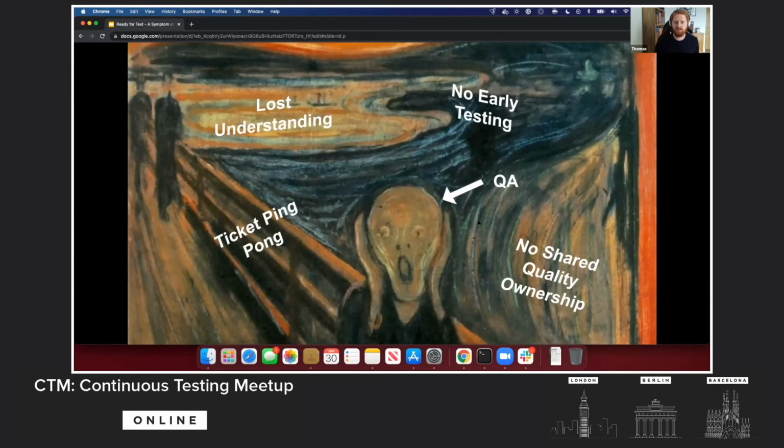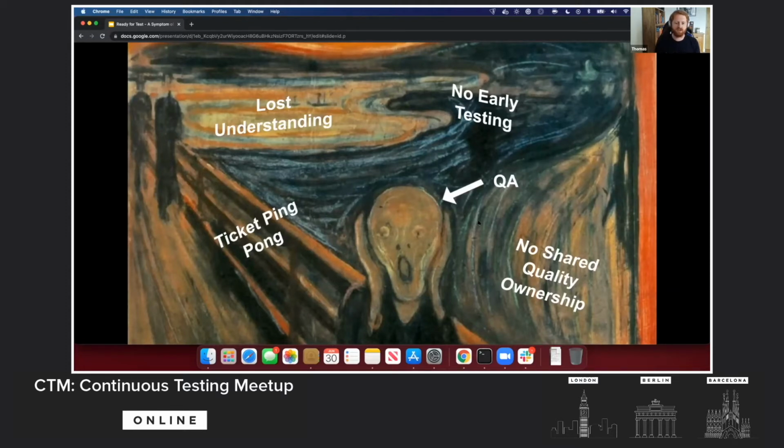And in this team, we have this culture, which is partly driven by that ready for test column, putting that separation in place, of letting the QA do the testing. So the testing is done after the development work is done. And this can lead to a bit of a ping pong effect, where the QA finds a problem, a defect, with the work, it goes back to the person that worked on it. They fix the defect, it comes back to the QA, and they find another defect, and so on, and it starts to go back and forth.